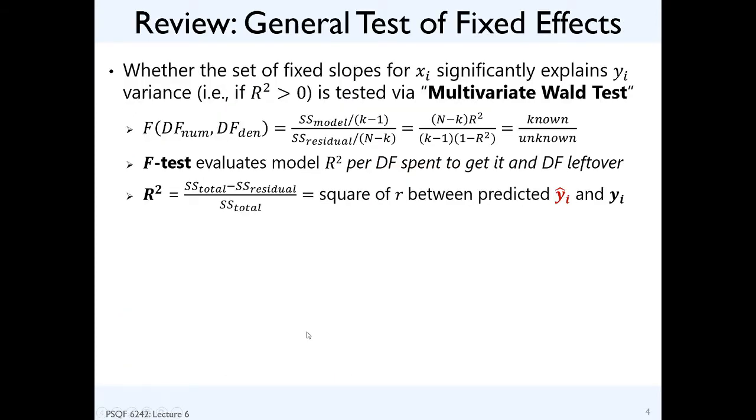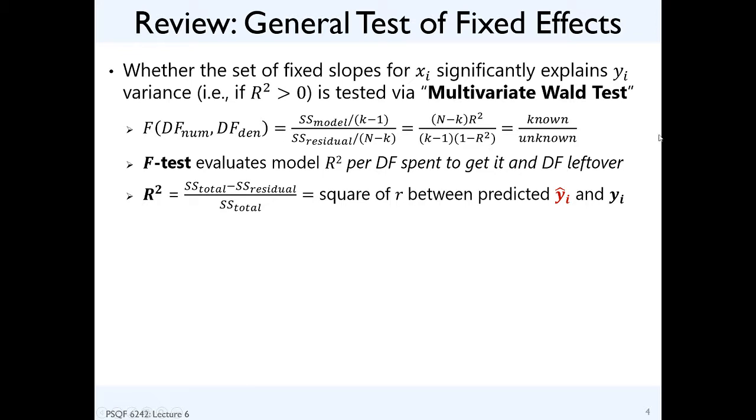Okay. In terms of the model, if you have more than one fixed slope in your model, then you want to know whether or not your model works to explain variance as a whole. That's where we are asking whether or not the proportion of variance that's explained, R square, is greater than 0. That is known as a multivariate Wald test. The idea that you're testing more than one term simultaneously to see whether or not that gives you an R square worth talking about. So the test for that is F,